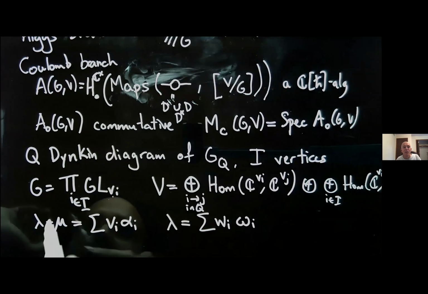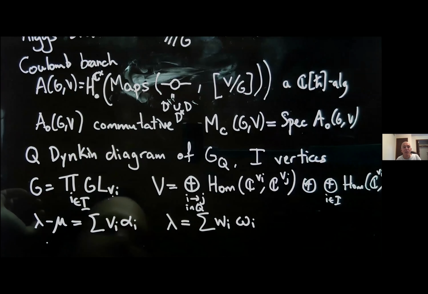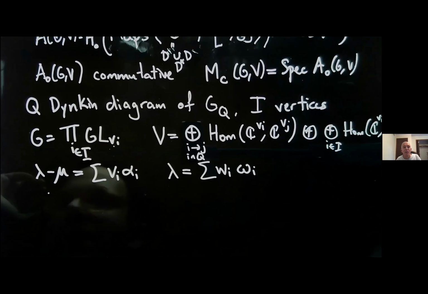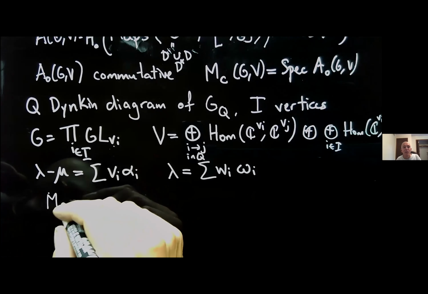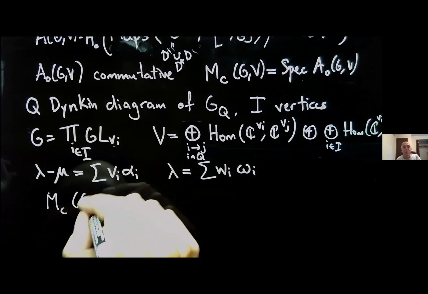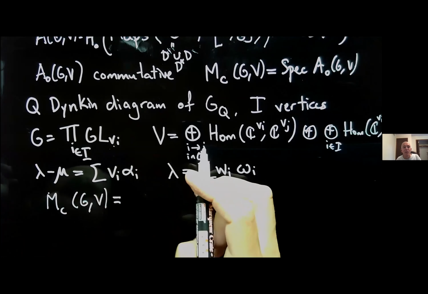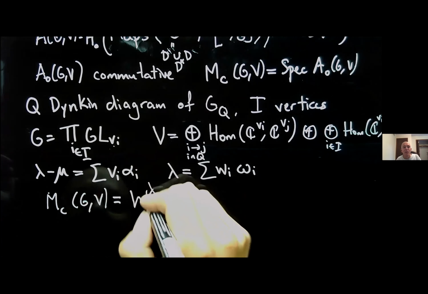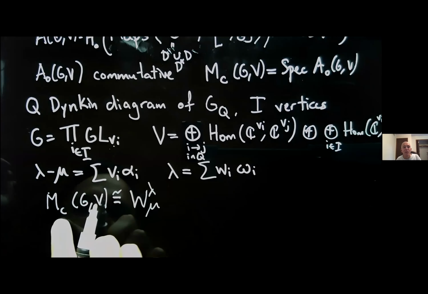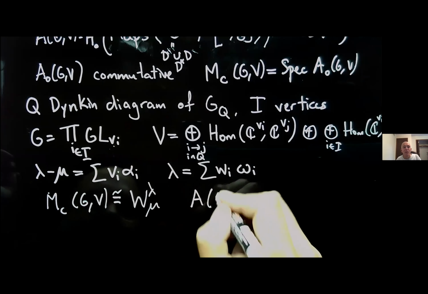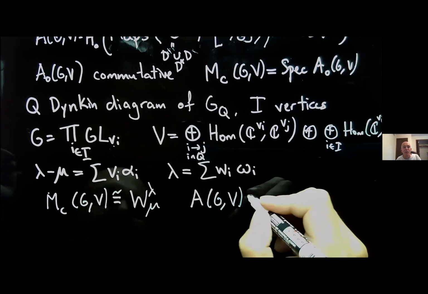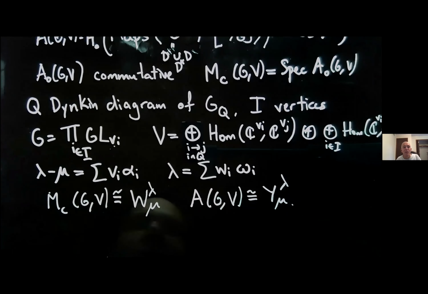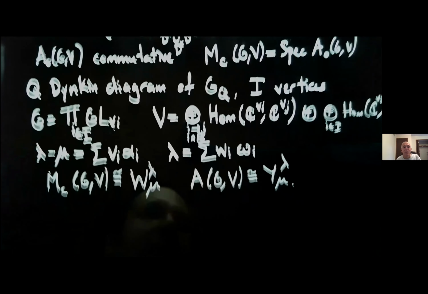And if you use these, then the theorem, well, in the commutative case, it was the theorem of Braverman-Finkelberg-Nakajima. In the non-commutative case, it's a theorem of them plus four other people, including myself in an appendix, that the Coulomb branch is the affine Grassmannian slice, and the algebra, the Coulomb branch algebra, the non-commutative algebra, is the truncated shifted Yangian. Okay, so this is what I meant when I said that affine Grassmannian slices are Coulomb branches.